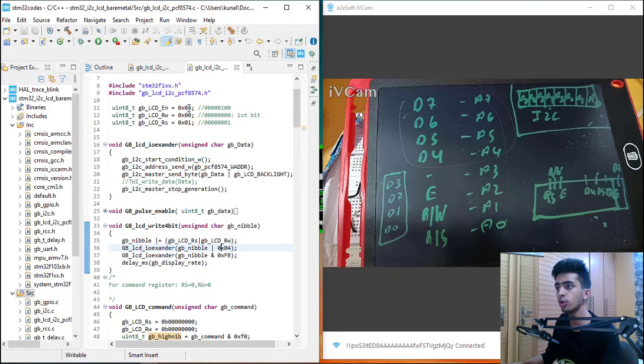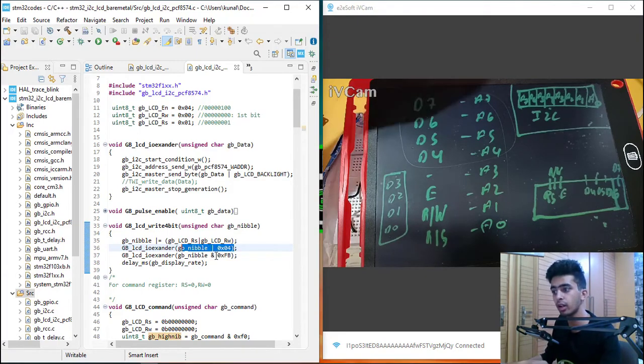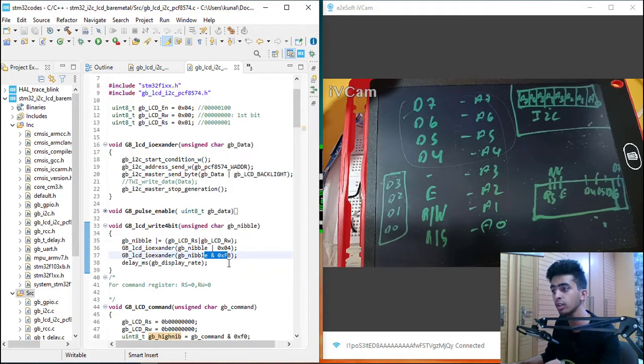So 0x04 is my hexadecimal value for specifying the A2 bit. First ORing with 0x04 sets the enable bit to 1 and sends my data. Then I am ANDing the data with FB, in which my A2 is 0. So my enable bit will be set to low and my data is successfully transferred.